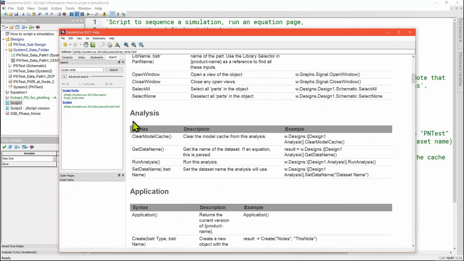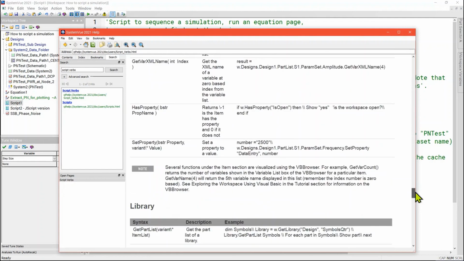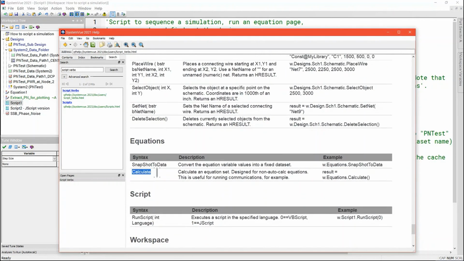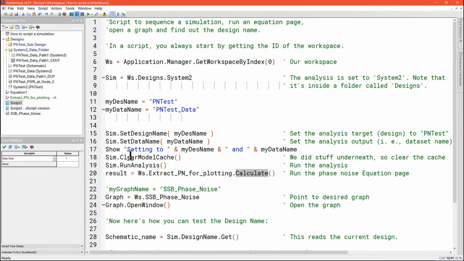So all analyses have a method called run analysis. And further down the page, all equations have a method called calculate. And this is how I learned how to kick off a simulation and how to execute an equation page.